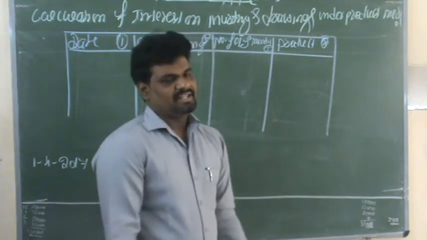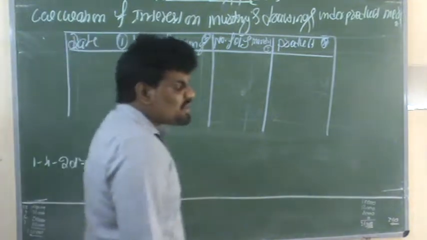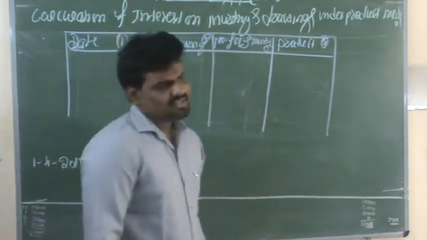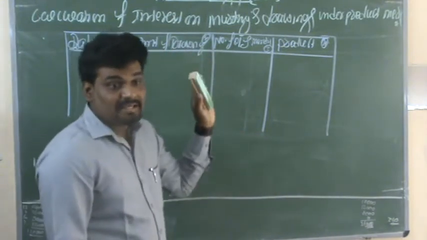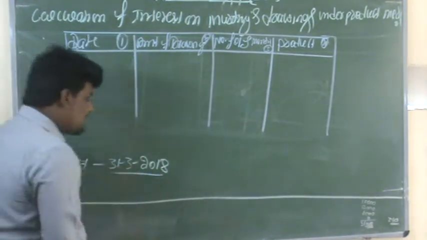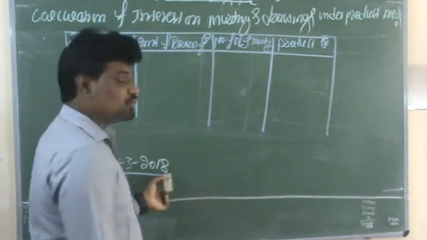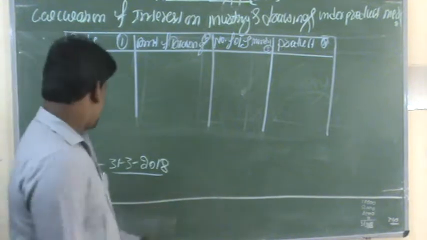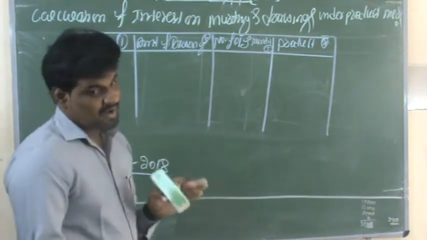So now we need to take the first column, which is related to date of drawings. In this question there are two partners, Murthy and Patil. In this business organization, the partner Murthy is withdrawing amounts at the beginning of each quarter. Normally the books of accounts are closing on 31st March 2018, so the books of accounts started on 1st April 2017. First we need to ascertain the beginning date of each quarter.